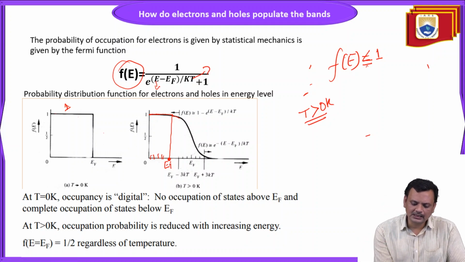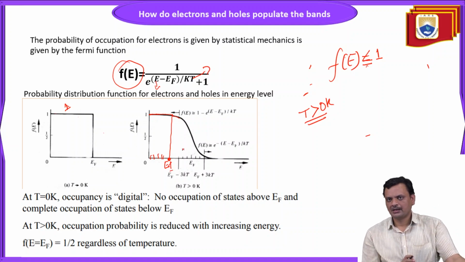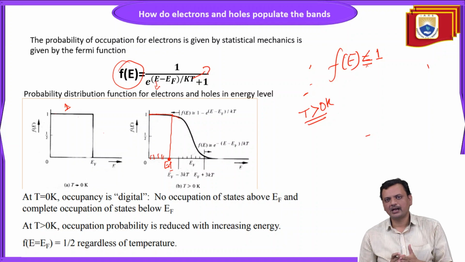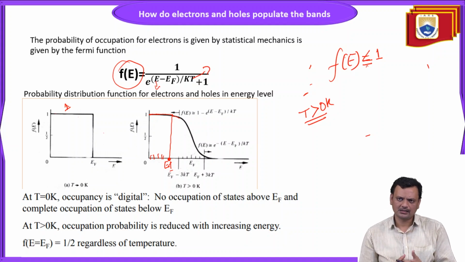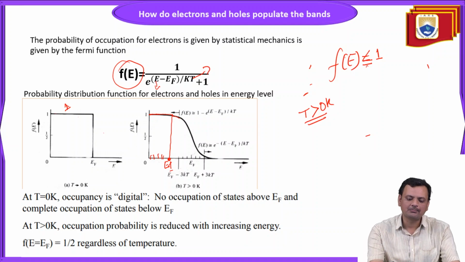But after this energy value E1, the probability decreases. Even if it is a very small decrement, there is a chance that the charged particles cannot occupy these